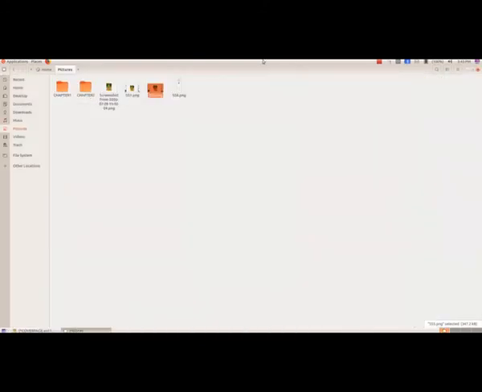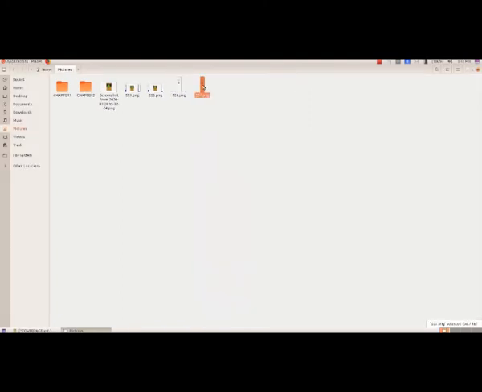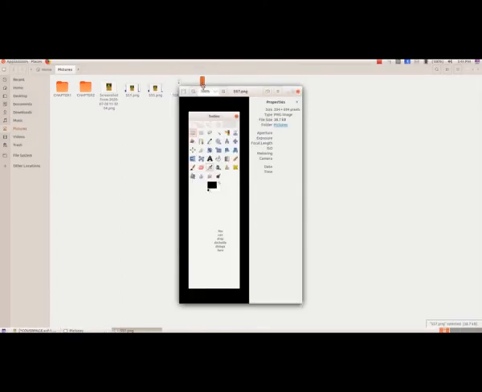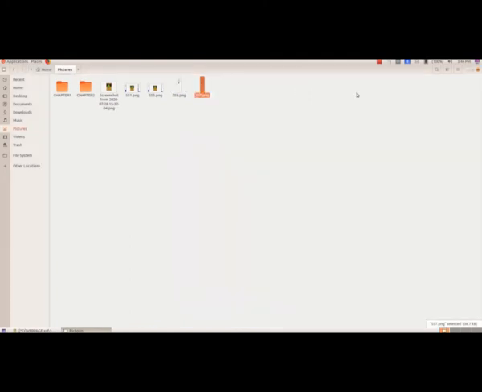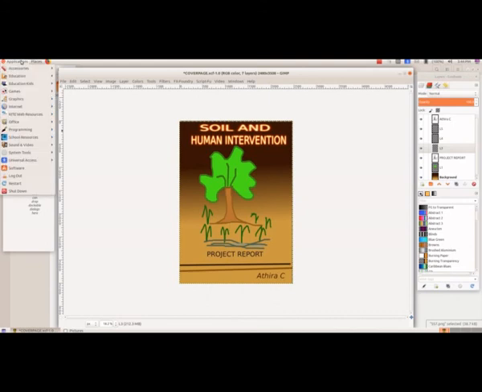So we will minimize this. So here we got the current window, and the current window was a toolbox.